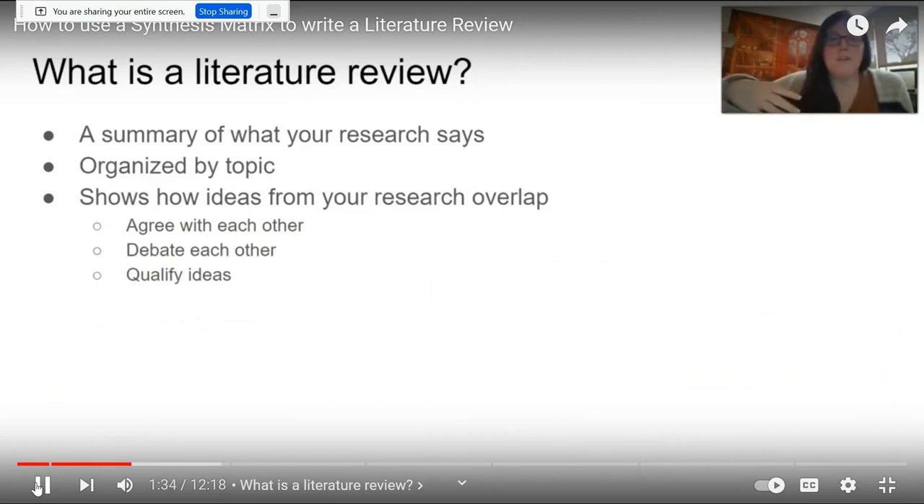So maybe one source is providing an idea, and then another one of your sources is furthering or qualifying that idea. And again, these types of overlaps between your sources can be direct, where sources are actually referencing other sources that you found, or they can be indirect, where the ideas are there, but they're not necessarily calling out one particular source that you have. So the point of a literature review is to summarize that content. And again, what's very important is that your literature review does not